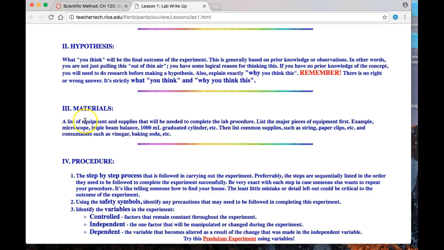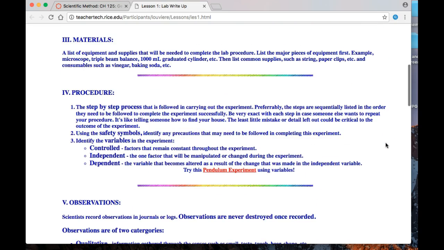And so you gather up all your materials needed in terms of glassware, the equipment, the chemicals, the instruments, whether it's a balance, a weighing balance, or a pH meter or a thermometer, all of those things, all right? So you list all of your equipment, your materials that you've gathered for the experiment,